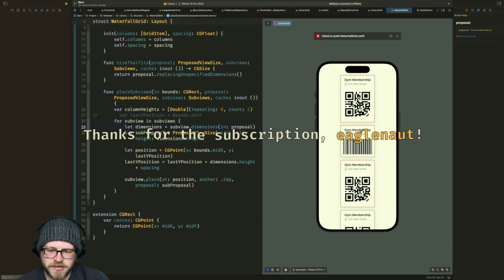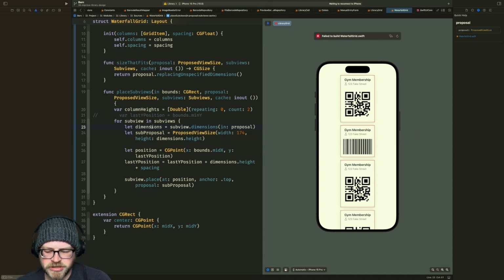How you doing? Okay, so what I want to do is I want to find the first shortest column. So what I want to do is every time that we get to a subview,